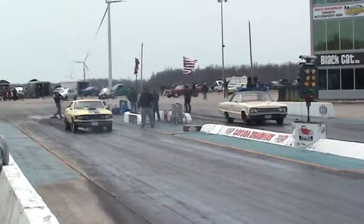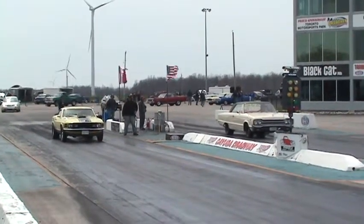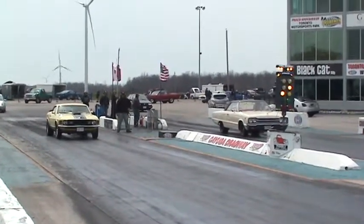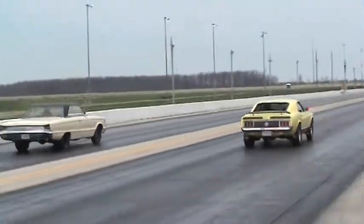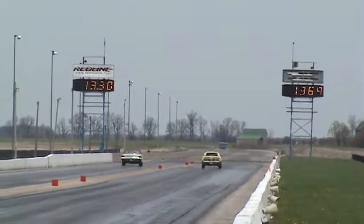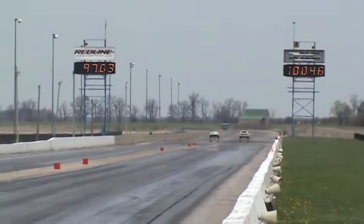His 65 Dodge Polara, 383 in it. He's going to dial 1330, that's his estimated time. Harry Meisner, 1369 in the Mach 1. So the Mustang leaves first. And the win, Terry Bynum, the Welland, 1337 on his 1330. Harry Meisner, a little...